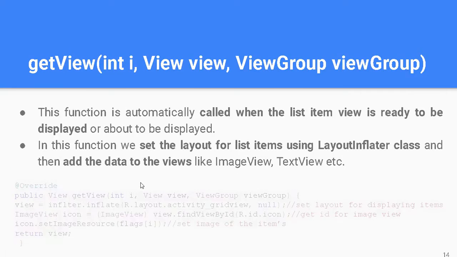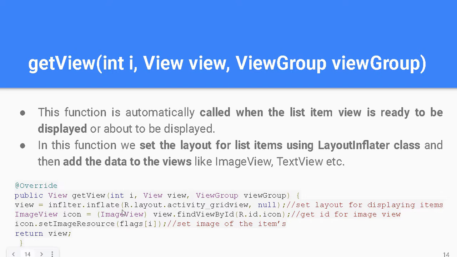Another is getView, where you are going to convert your XML layout part into object format. So using the inflate method, you can get the layout value into another format, and that layout will be converted into a view, and that view will be returned using your return keyword through this method named getView. So this is the second method.